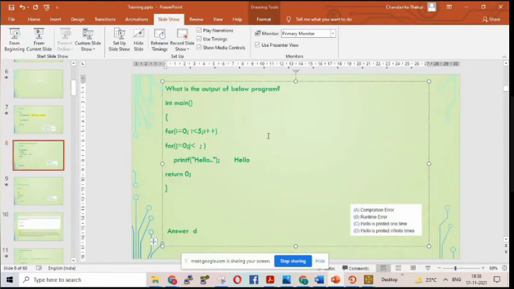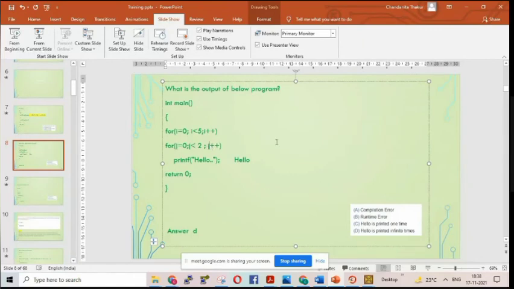So the example I gave you for understanding may not be correct as of now, because we don't know the proper concept, and I could not discuss it properly. But as of now, just understand with the help of this. Then I will go back to this in the next class and explain that hello printing.